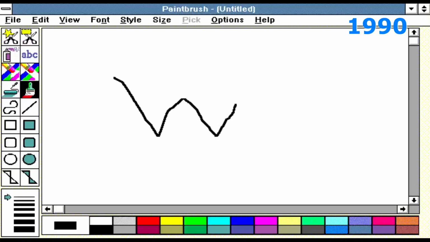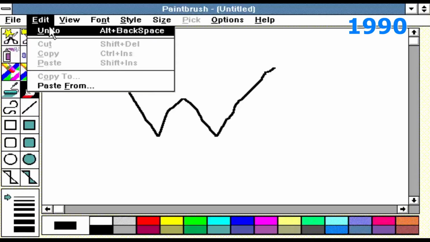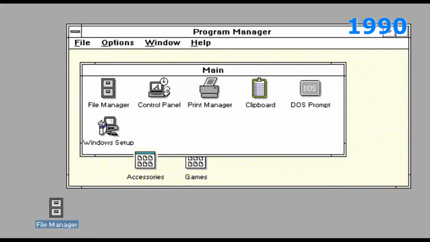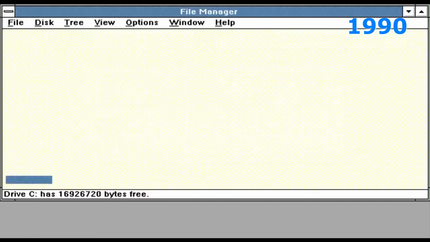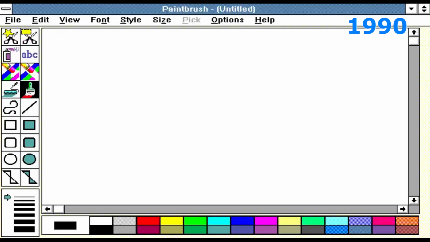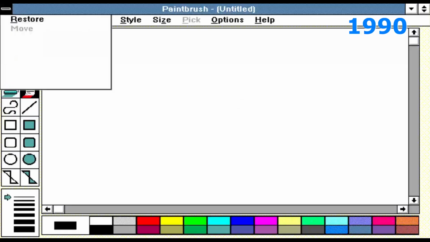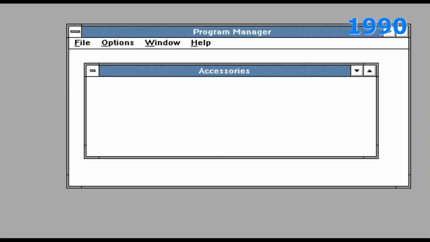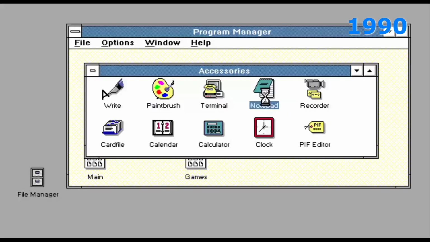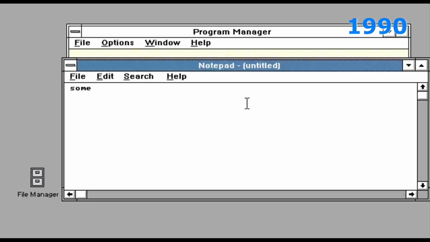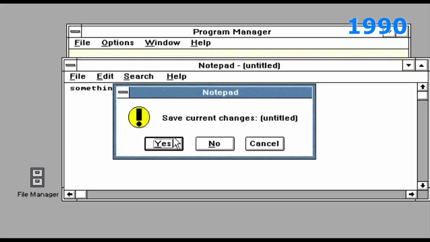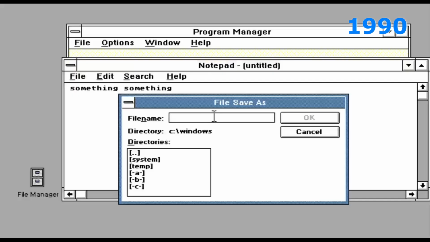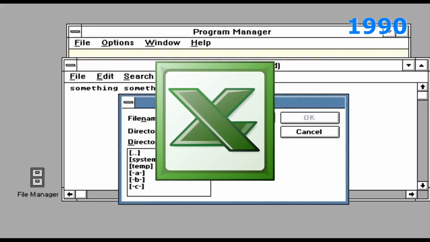Paint or Paintbrush now looks like something from the XP days. Minimized programs are shown as an icon at the bottom of the desktop, which you can drag around, similarly to the desktop shortcuts that came later. Windows 3.0 was the first to be well received by critics and to be a commercial success, with highlights being the ease of use of the icon-based interface and better memory management, essential for multitasking. This was also when Microsoft started getting called out for anti-competitive practices, as the operating environment came bundled with plenty of their own separate software.